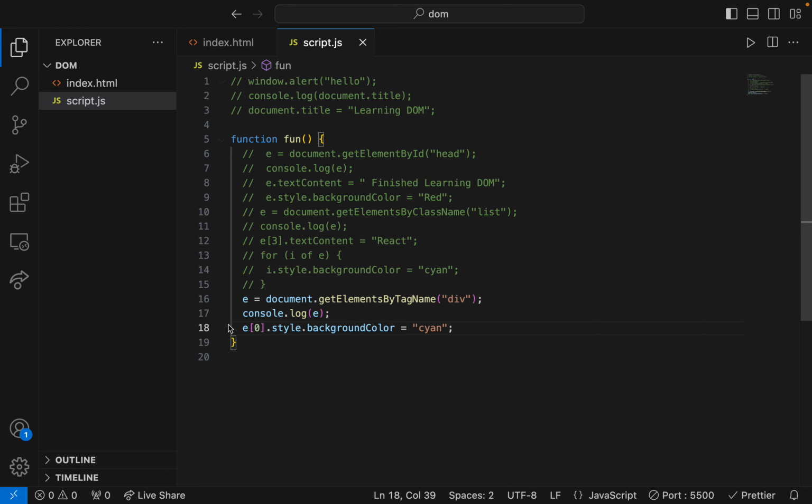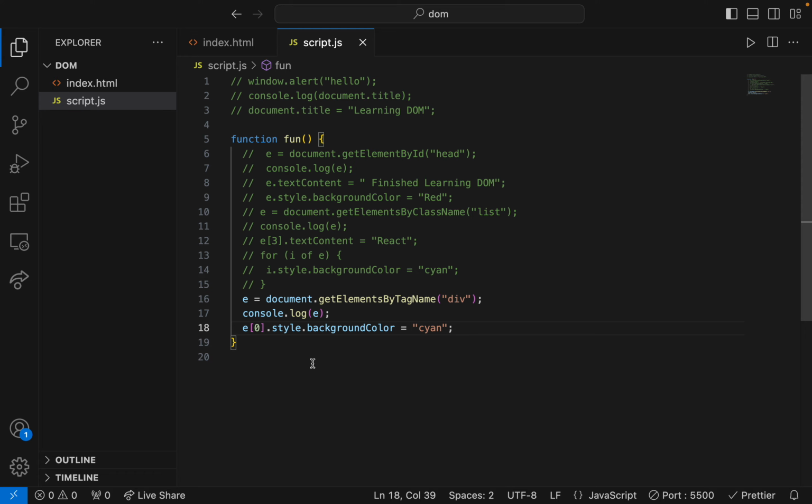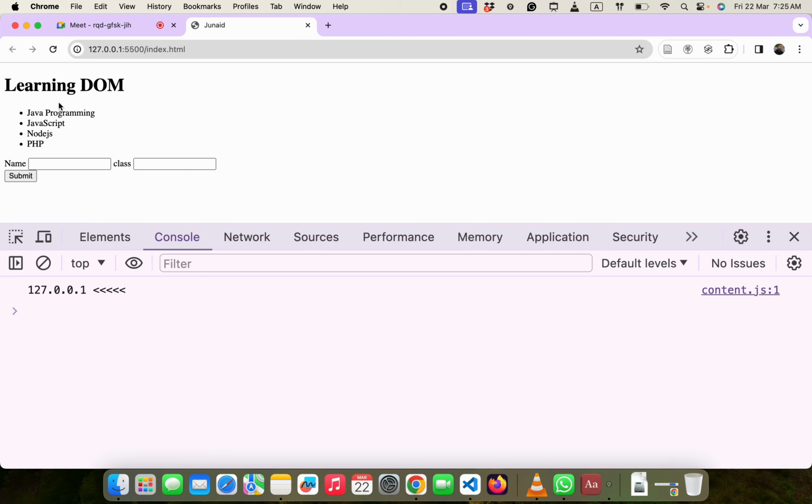हमने क्या गड़बड़ की, e में तो सारे आ गए, ये तो दिखा रहा है ना सारे आ गए इसमें, हाँ, लेकिन बैकग्राउंड कलर इसने चेंज ही नहीं किया ना इसका। कैन एनीबडी स्पॉट द एरर कि मसला हो गया, style.backgroundColor, तो मैं ठीक कर रहा हूँ। e इक्वल document getElementsByTagName मैंने किया div, अब e के अंदर मेरे पास क्या है, कंसोल.लॉग अगर मैं e[0] पहले करूँगा, इसको मैं बंद करूँगा एक मिनट,